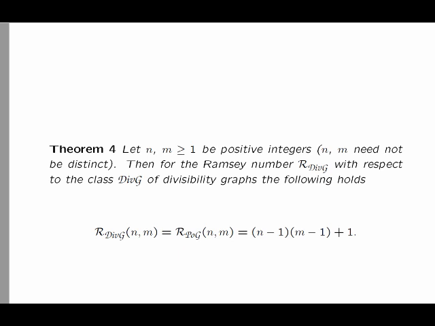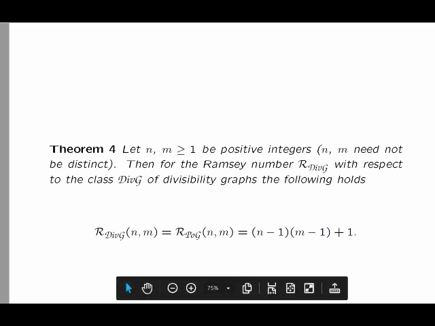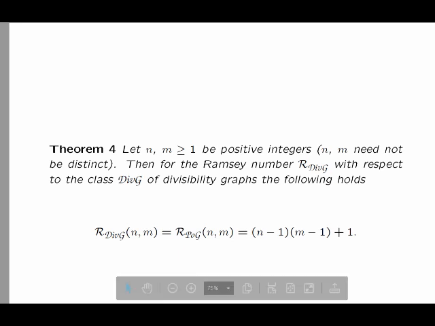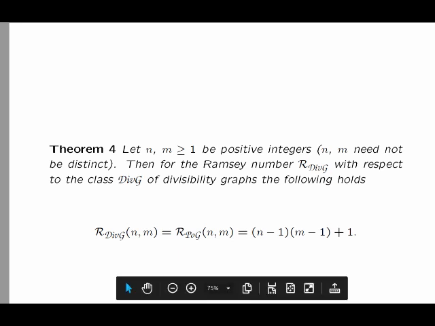Okay? The smallest number is 7 minus 1, 6. 3 minus 1 is 2. 2 times 6, that will be 12, 13. So if you select